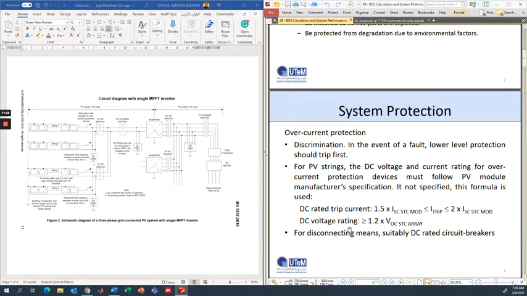Whereas for the DC voltage rating, the DC voltage rating must be at least 1.2 times the VOC STC of the array, not the module. Okay, so for example, if you have 10 modules connected in series, let's say your array has 10 modules connected in series.